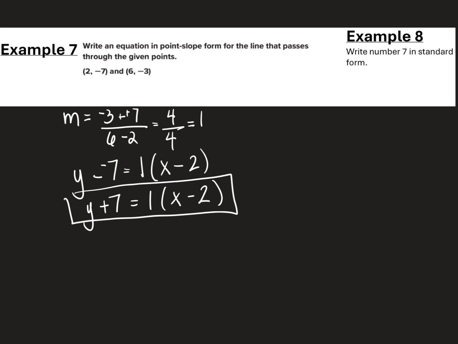I'm going to rewrite that in standard form. So y plus 7, I'm going to distribute the 1. 1 times x is x. 1 times negative 2 is negative 2. I am going to subtract 7. And then I'm going to think about standard form. And I don't think I have written this anywhere when it comes to standard form. And you may want to go back to the beginning and underneath standard form write this information that I'm about to write. So in standard form,